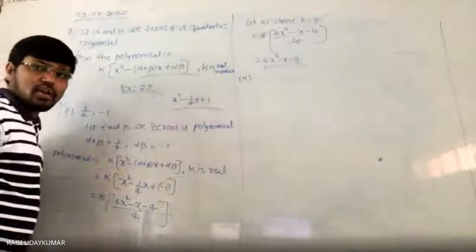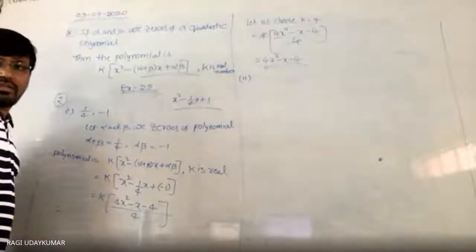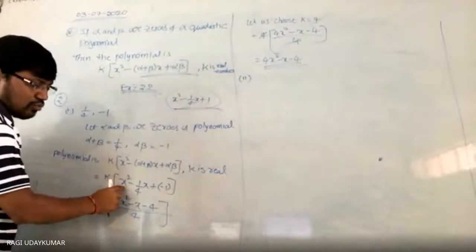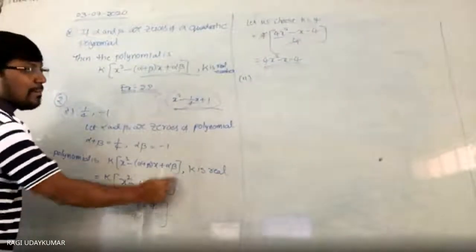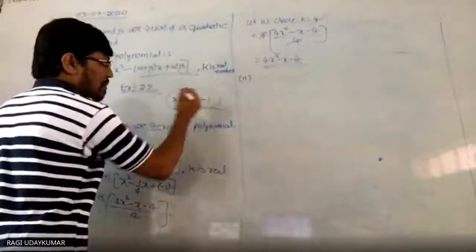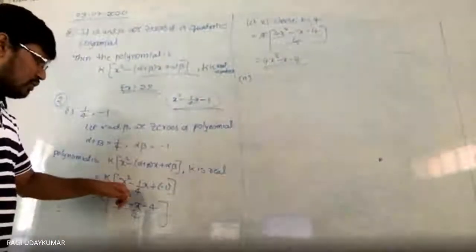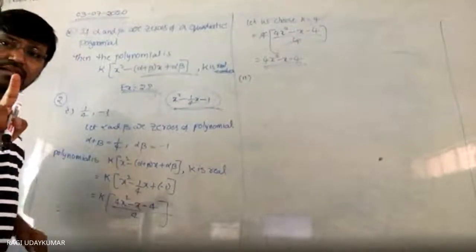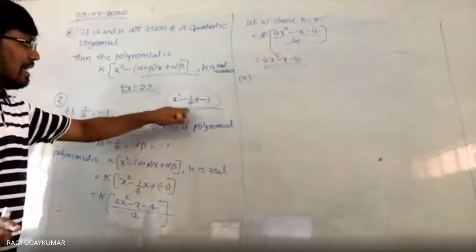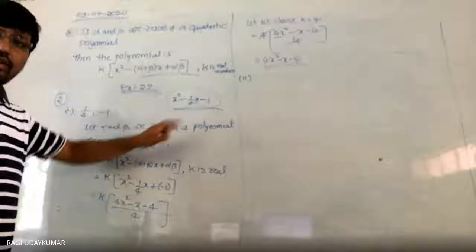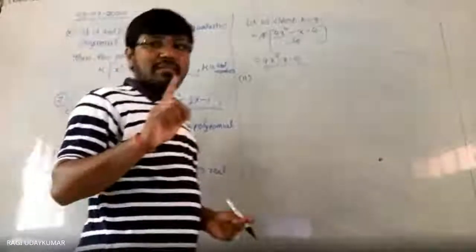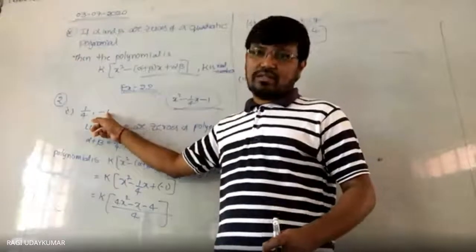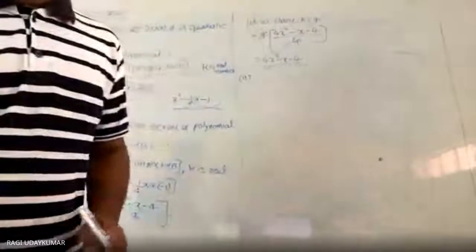Is it right or wrong? Yes, it is right. Simply what I took here is x² minus 1 by 4 x minus 1. I took the constant as 1. Find the zeros of this polynomial, find the sum of the zeros and the product of the zeros. Sum of the zeros you will get this, and product of the zeros you will get this. So let us go for one more problem so that you can easily understand.